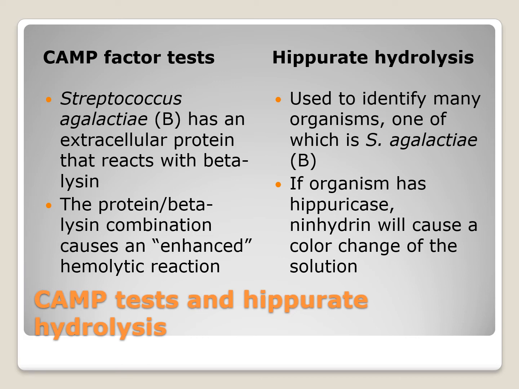The hippurate hydrolysis test is a test for Streptococcus group B, but it is awfully unreliable and is starting to be phased out. So we're not going to be doing hippurate hydrolysis in lab, but I do want you to know the procedure. In this procedure, we take 100 microliters of sterile water and put it in a plastic tube. We add many colonies of our unknown organism, and then we add a hippurate disc to that tube. We incubate the tube for 2 hours at 35 degrees, and then we add 2 drops of ninhydrin. We incubate it for another 30 minutes, and at the end of that incubation period, you should have a purple color in the tube. A purple color in the tube indicates a positive test for the